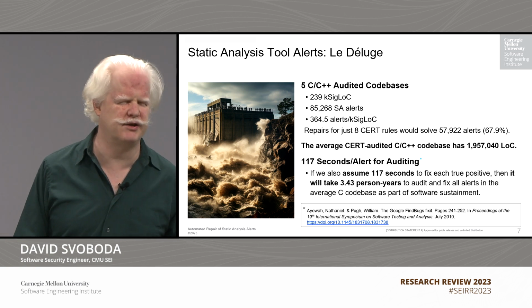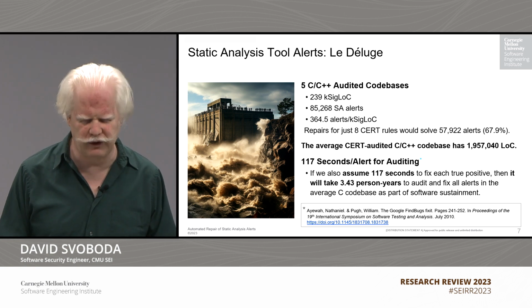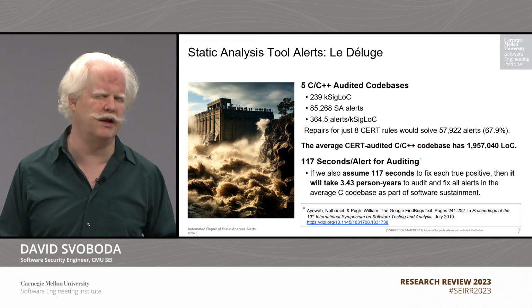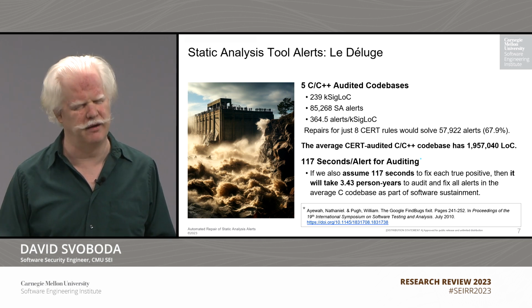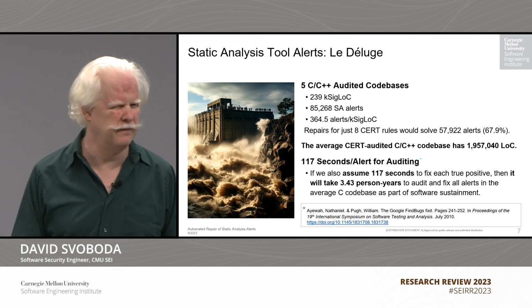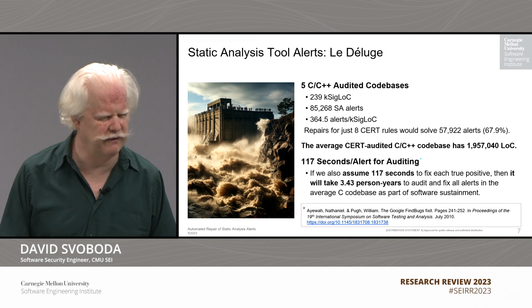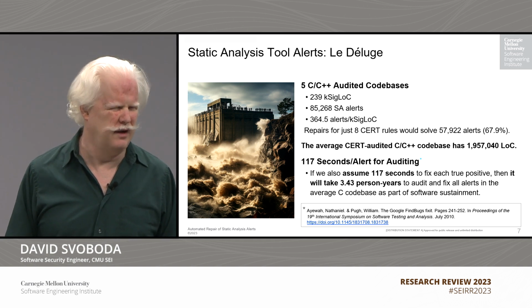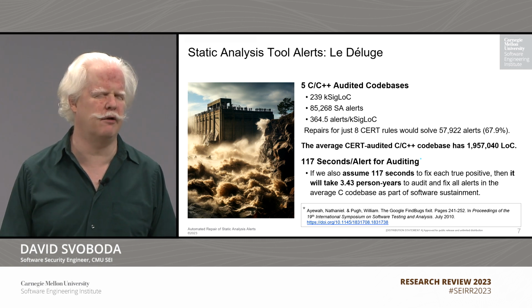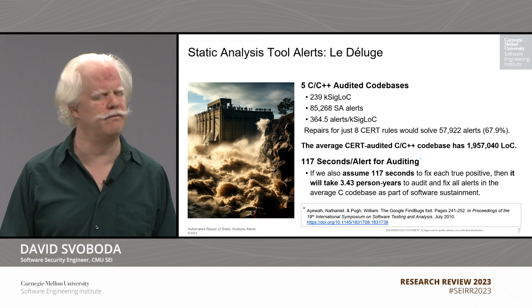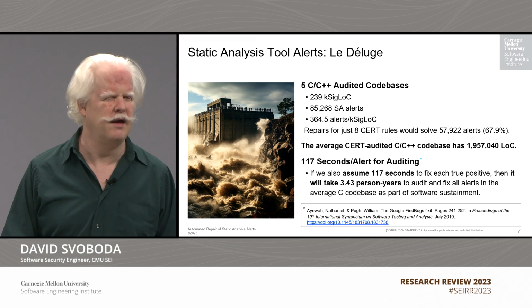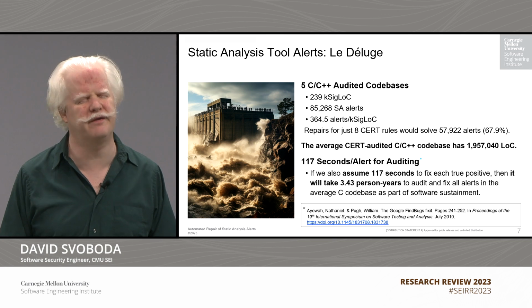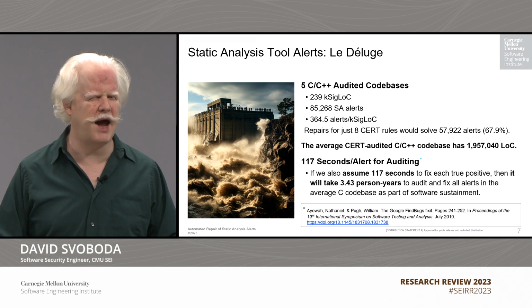Our experience at CERT has been that static analysis tools are very prolific with alerts, and they can produce one alert for every 3 lines of code. That's about 350 alerts per 1,000 lines of code. There was a recent study done by Google and Bill Pugh of FindBugs fame that discovered that on average it takes 117 seconds to audit an alert, that is, determine whether it's true or false. And if you assume also that it takes another 117 seconds to fix the problem,